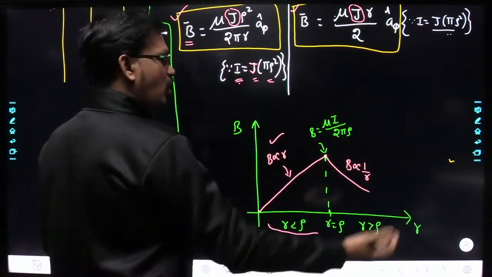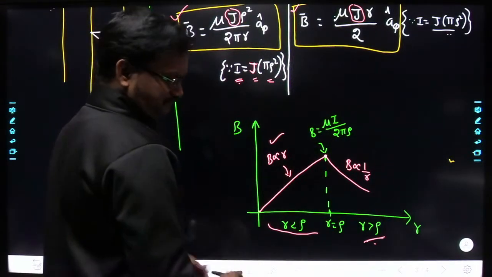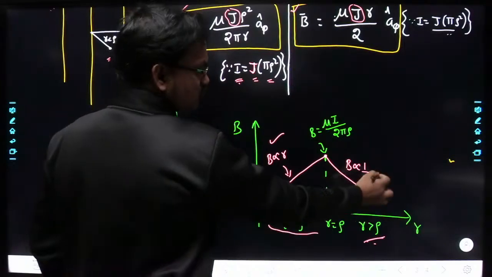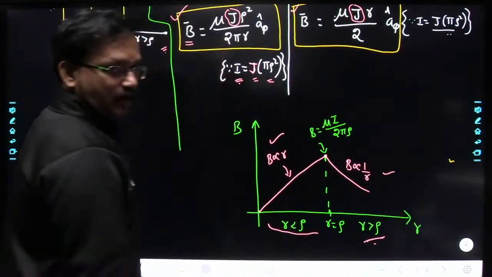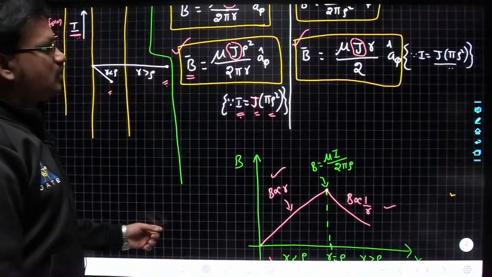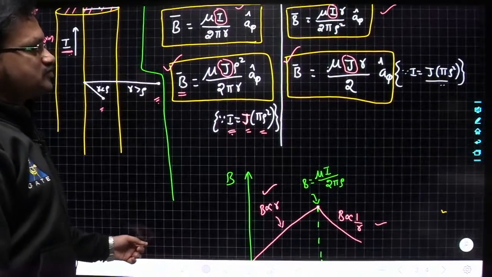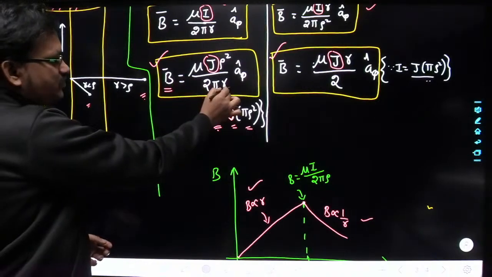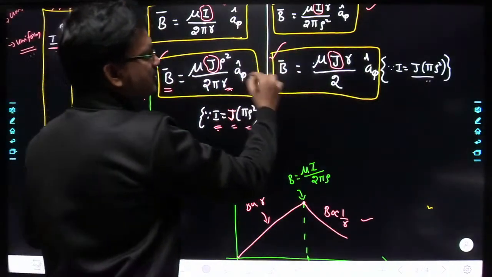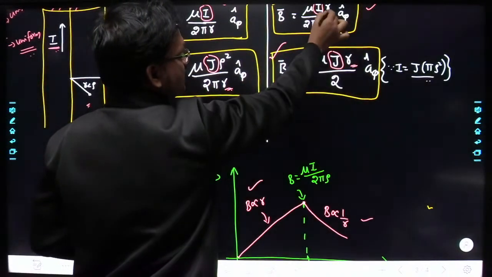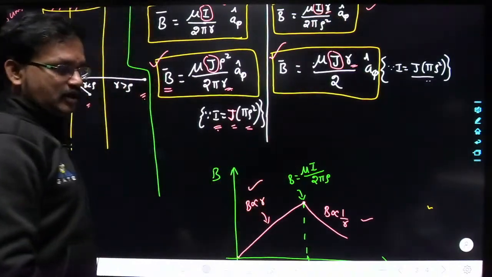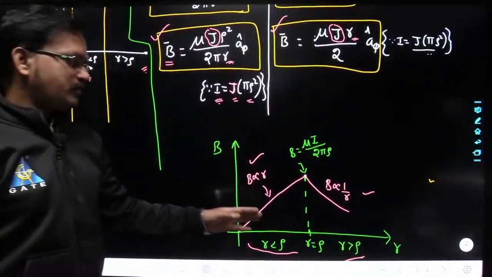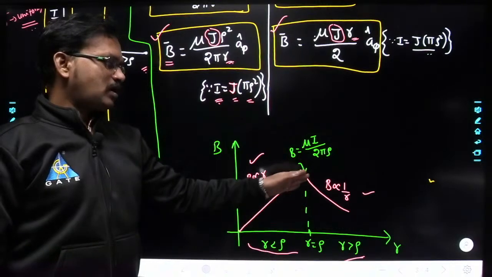Once you go out of the wire, the B field decays as 1 by R. So outside the wire it is inversely proportional to R, and inside the wire it is proportional to R. And where is the field maximum? The B field is maximum on the surface of